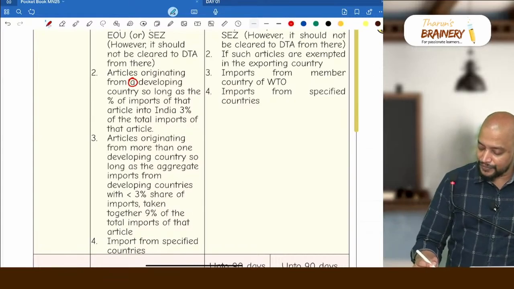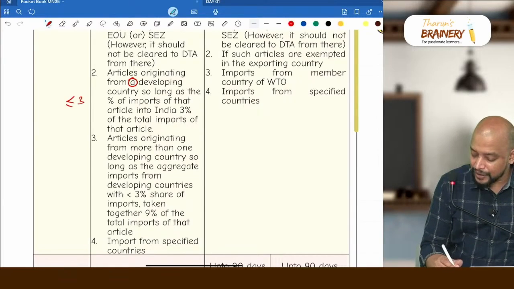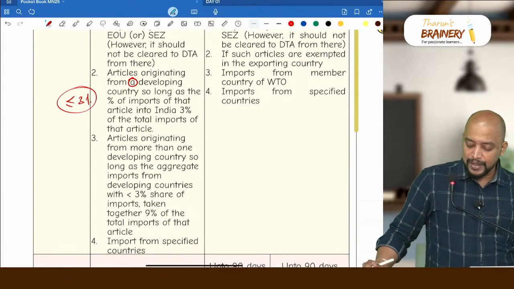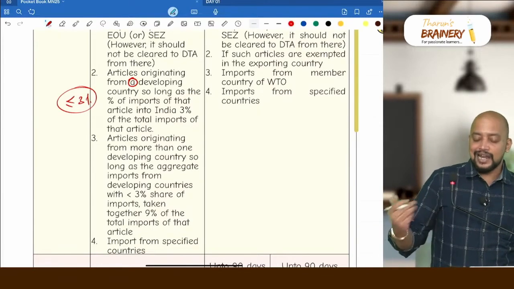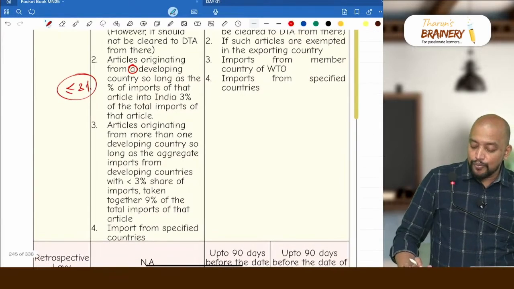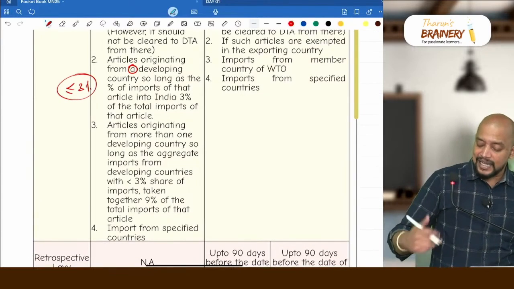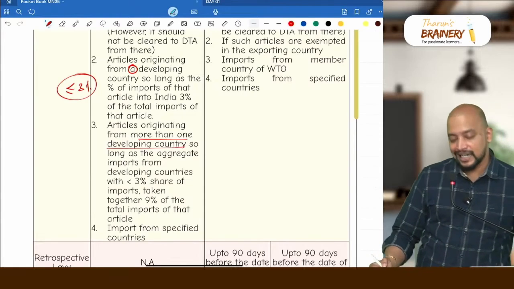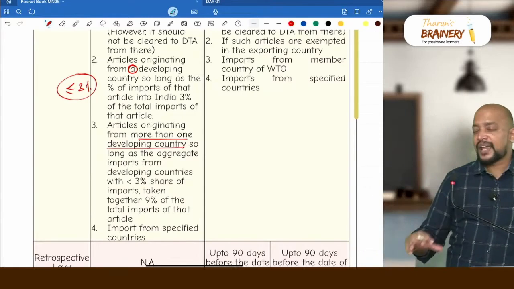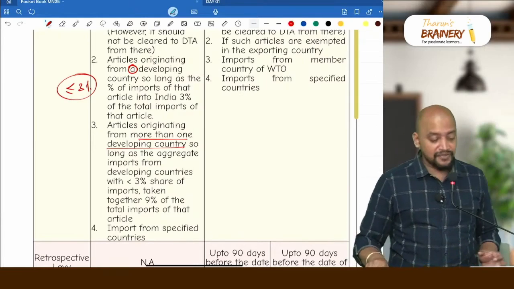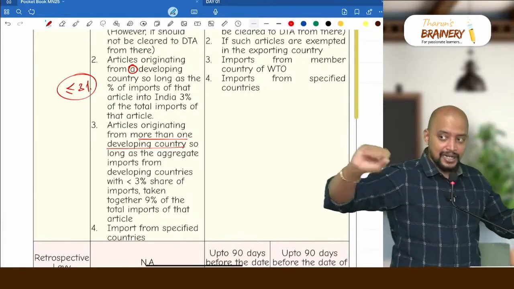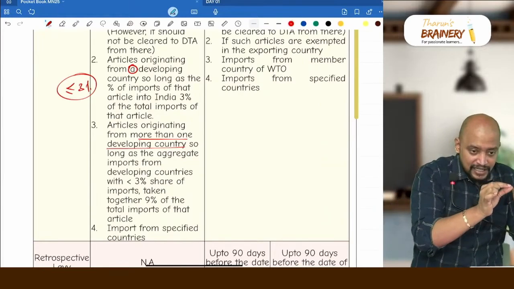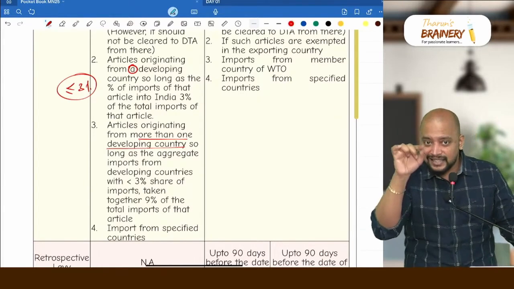What we need to understand here is less than or equal to 3% of the total imports of that article into India. Then next, an article originating from more than one developing country. This is more than one developing country, not from one country. So long as the import from developing countries with less than 3% are taken together. Say for example, we are importing from 10 developing countries and developed countries. Take these 10 developing countries, see each and every country to total, and if it is less than 3%, you